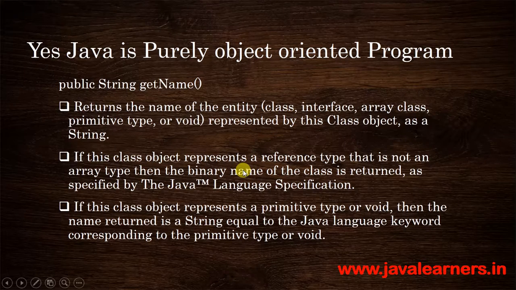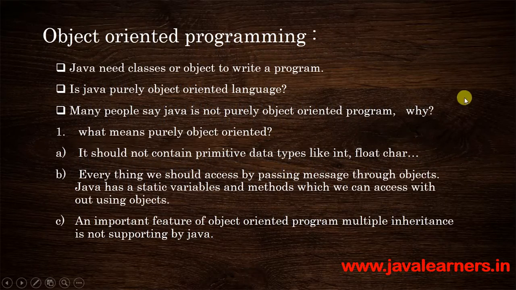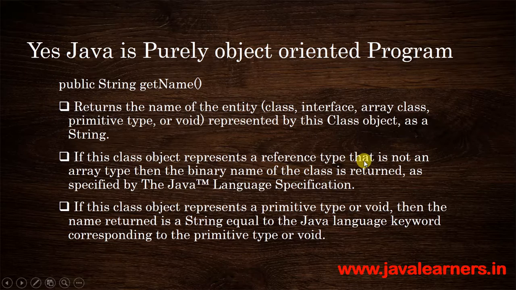If it is a primitive data type, Java introduced wrapper classes called Integer for int and Float for float. So there are wrapper classes. Everything it will consider, and it will return the equal string, the Java language keyword corresponding to the primitive type or void. So we'll move to the next